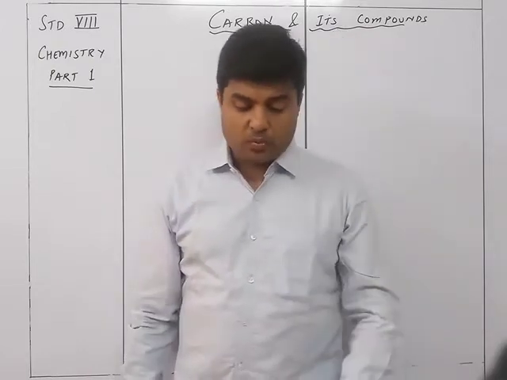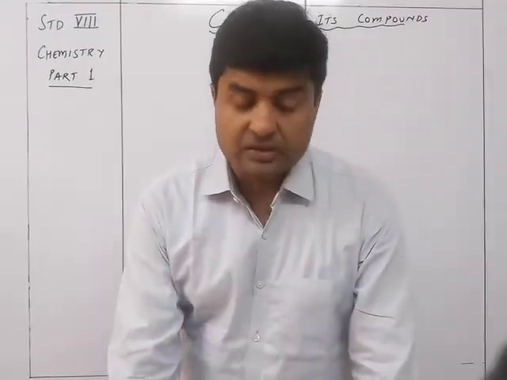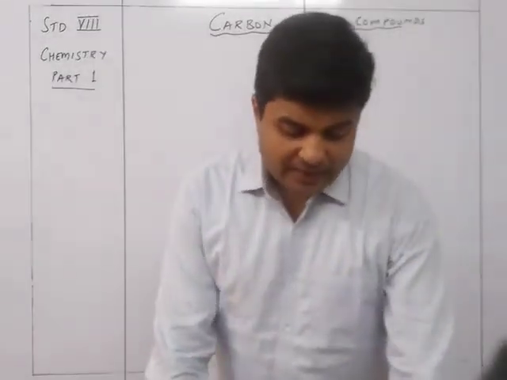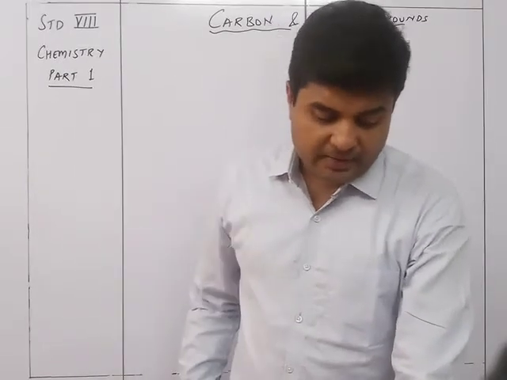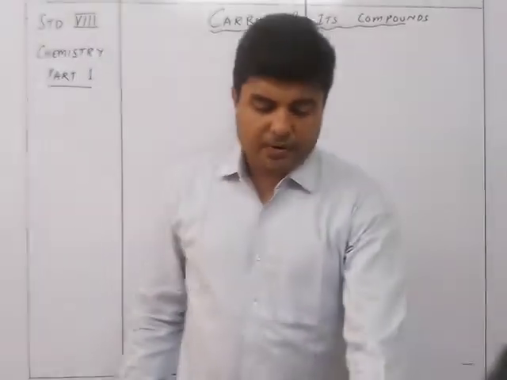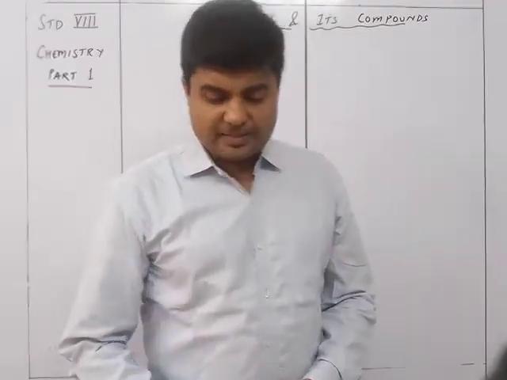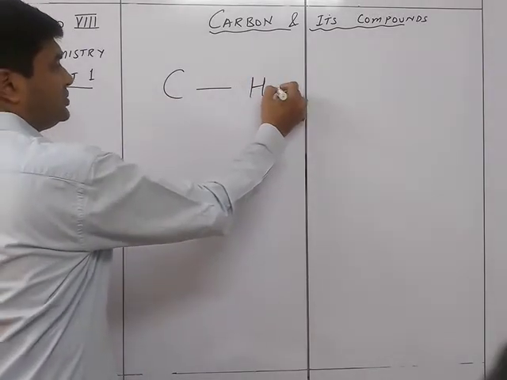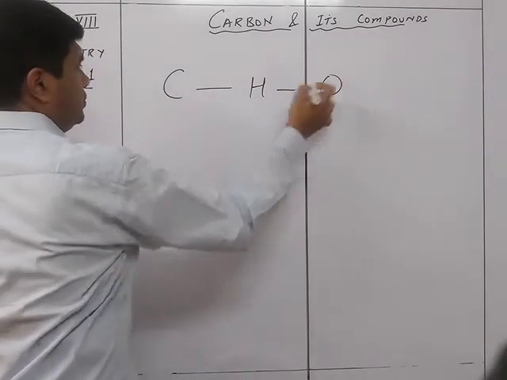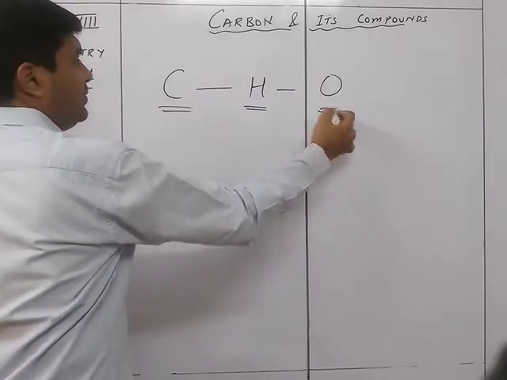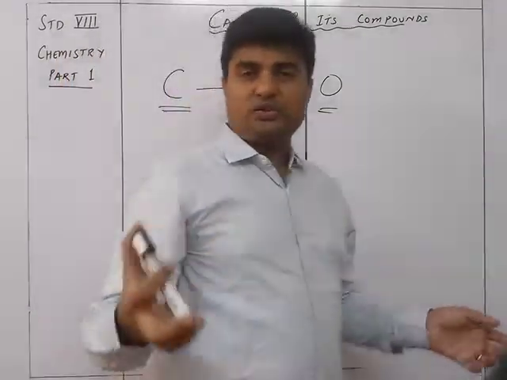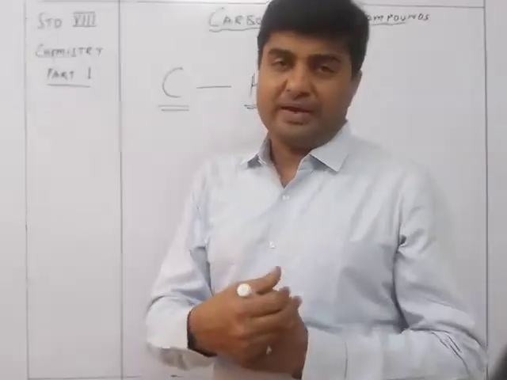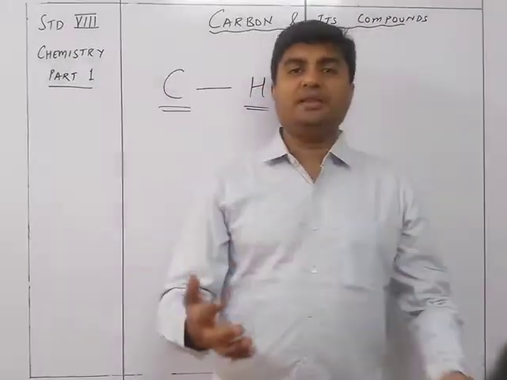So let's understand what exactly we mean by carbon and its compounds. Introduction: carbon is a widely distributed element and forms innumerable compounds with oxygen and hydrogen. So carbon has formation with hydrogen and oxygen. C is going to combine with hydrogen and oxygen in certain ratios to give you such kinds of compounds. So all the carbohydrates we are eating, the hydrocarbons which are the fuels, all these are carbon